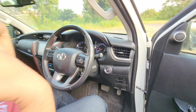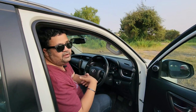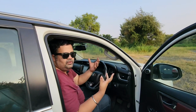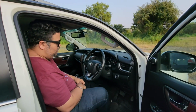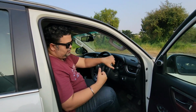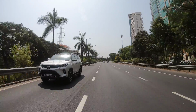So, for people who love old school things, this is still great, and that is one of the reasons why it's still doing well. For people who want something new, something modern, well, the Toyota Legender does not cut the cake anymore for them, and there is a desperate need for an overhaul inside this cabin. Let's go at the back and tell you what the car is like